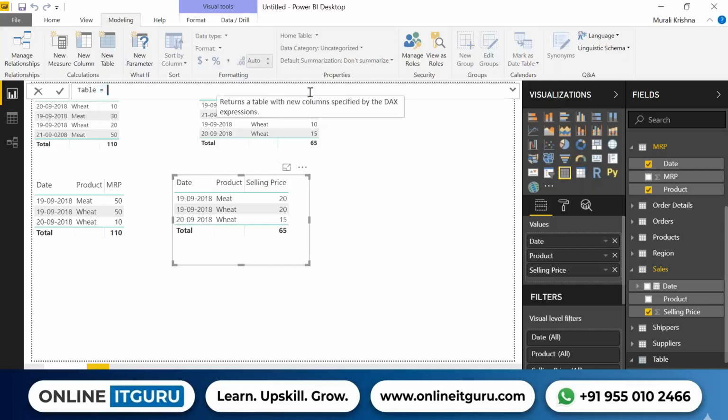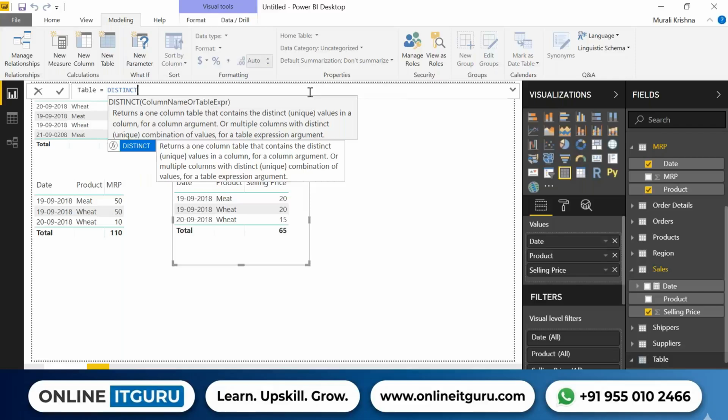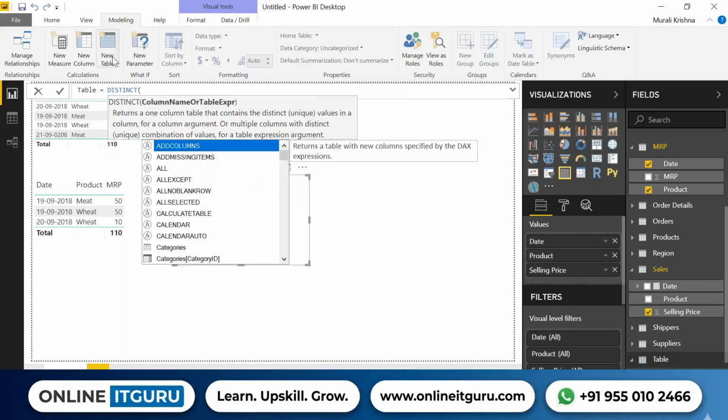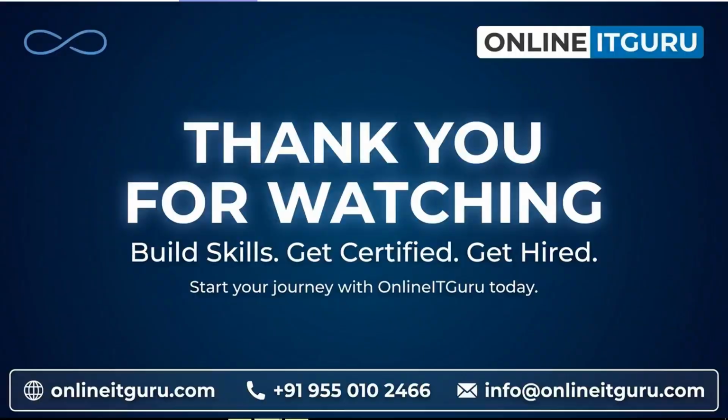I'm just taking distinct of... this is again creating a table. A new table means we are creating something called a calculated table in Power BI. Now I can give distinct of table name and column name. I want to take distinct of products from one table and distinct of dates from one table. It can be from any table, because both table A and table B data is the same. Let's say in the sales table, sales of product, I'm just taking